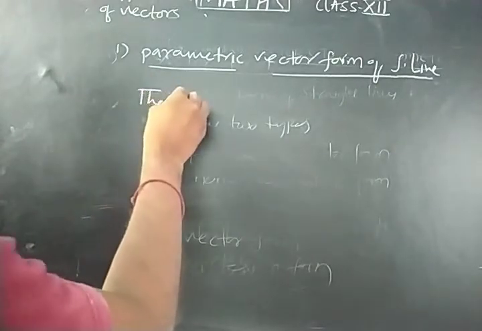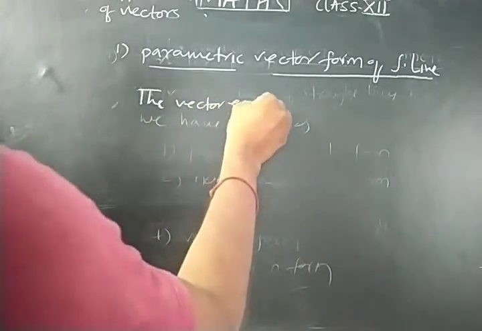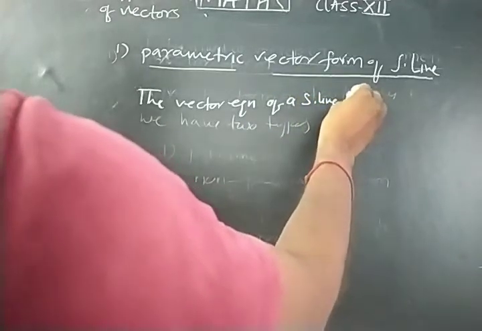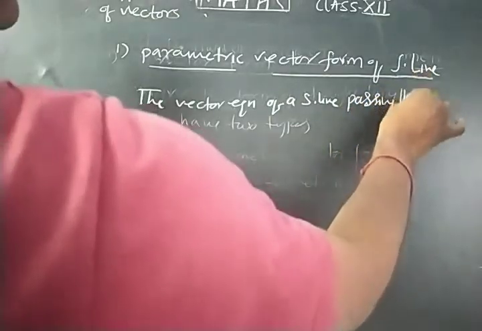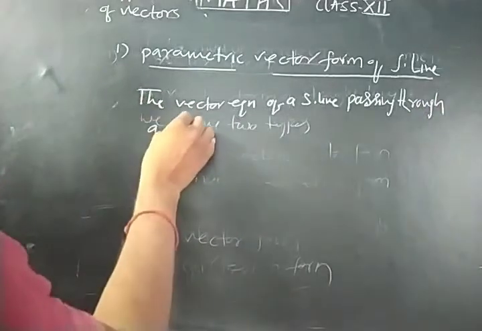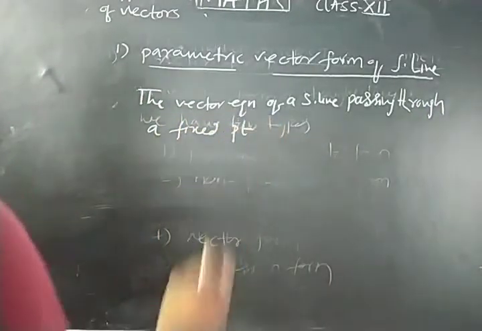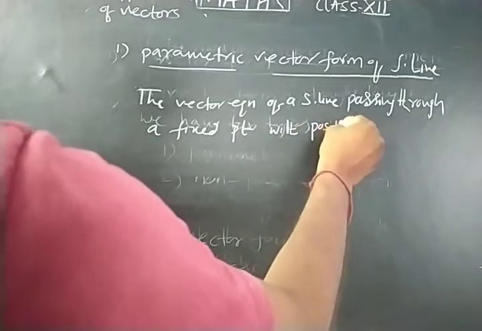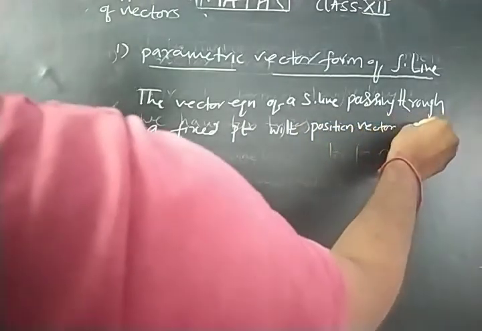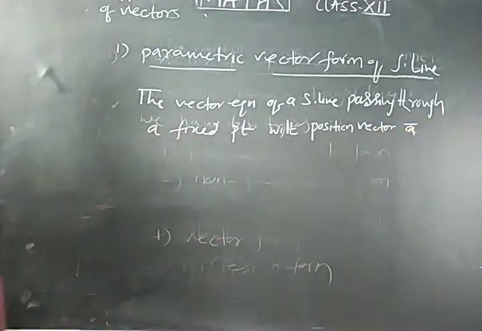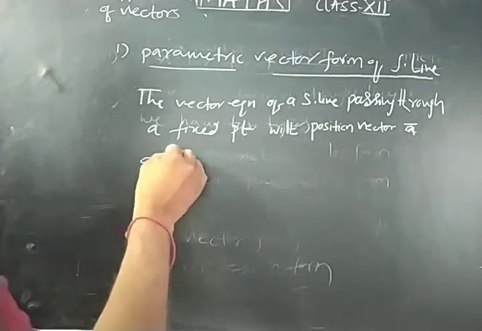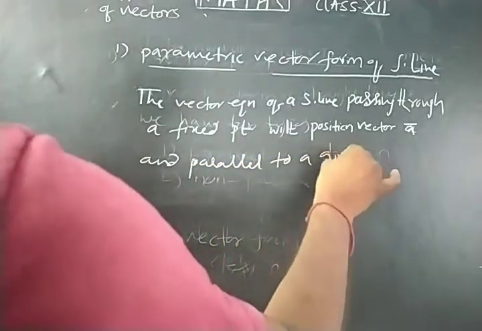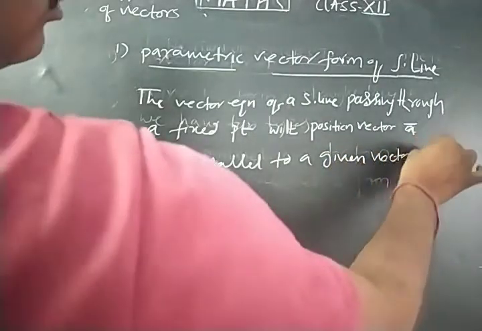The vector equation of a straight line passing through a fixed point with position vector, which I am taking as A bar, and parallel to a given vector B bar,